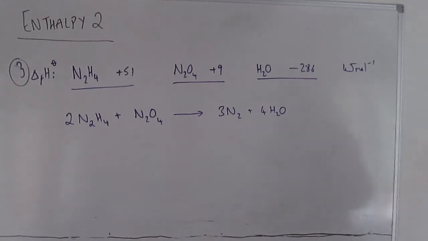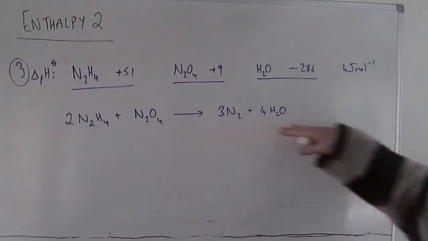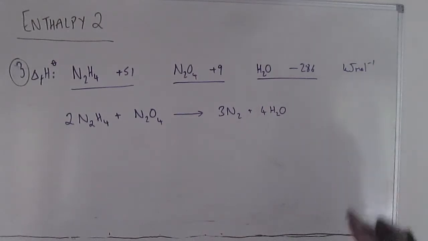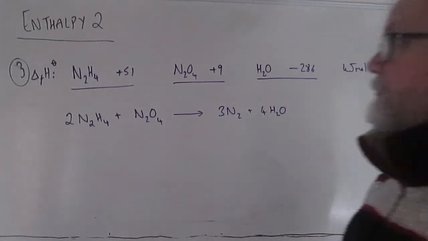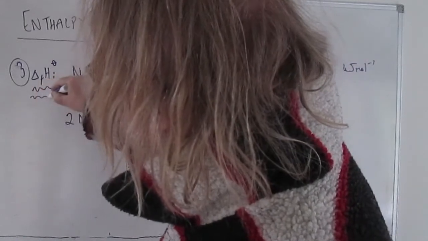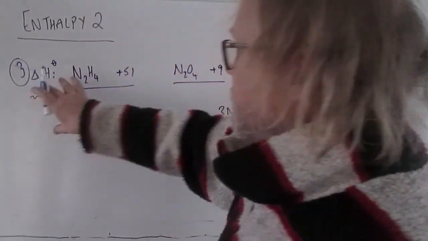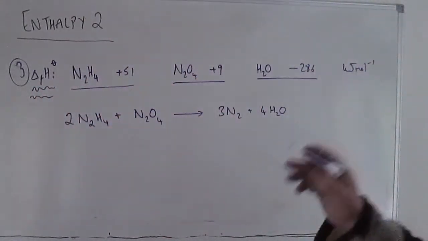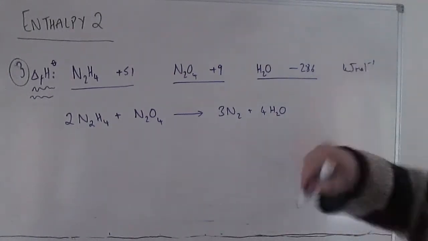Question 3 works essentially exactly the same as question 2, but it's obviously a more complicated equation, and so that just means that we've got to be extra careful in implementing it. But we're going to set it up in exactly the same way. We begin by recognising that the data we're given are enthalpy changes of formation, because that's the key to deciding what to do next, which is to say, right, if that's the case, we can set up a cycle like